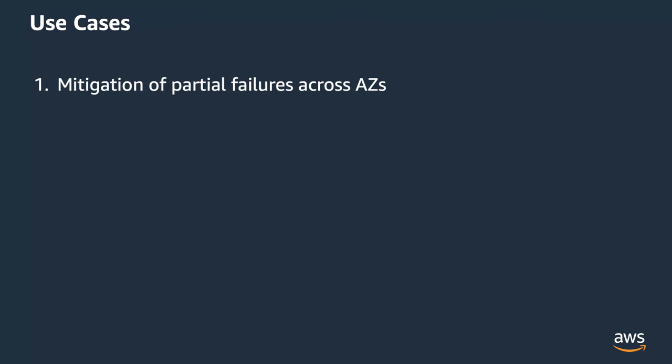And there's a couple common use cases. One is the mitigation of failures or partial failures across availability zones. So think of a scenario where your application is having an issue. It might be like a brownout issue or like a gray kind of issue where it's a performance problem. You're not exactly sure what it is. Or it could be an AWS issue in one of the availability zones. And you want to have that on-off switch to be able to control traffic, or you want to see if there's enough capacity in the other availability zones, if there's enough quotas and everything else is set up correctly to shift traffic over. The next use case is kind of the same thing, but at a multi-regional level.